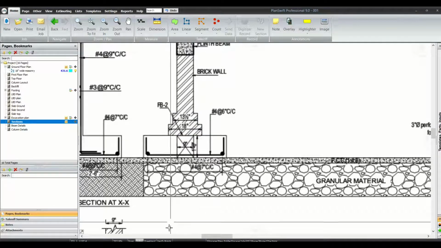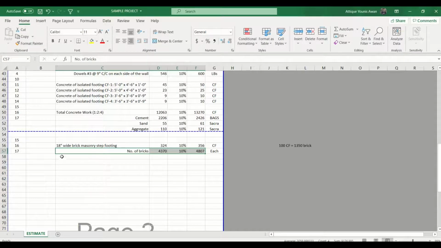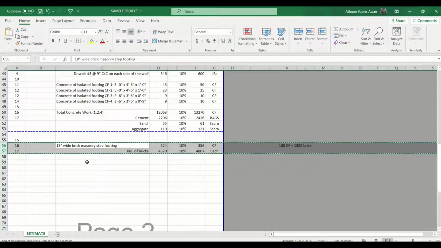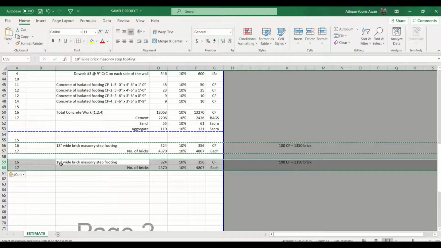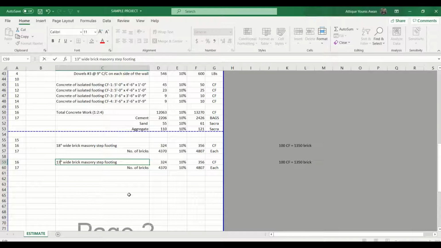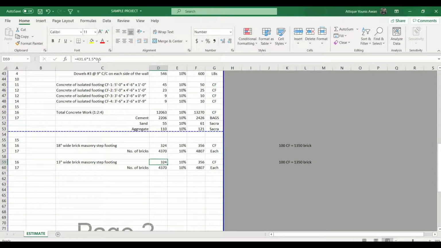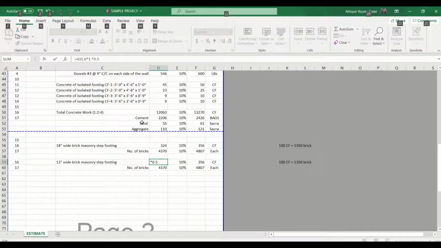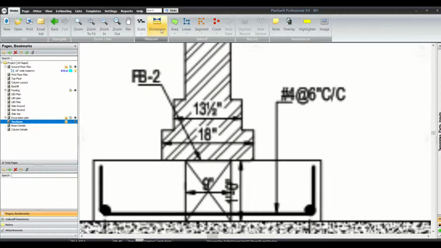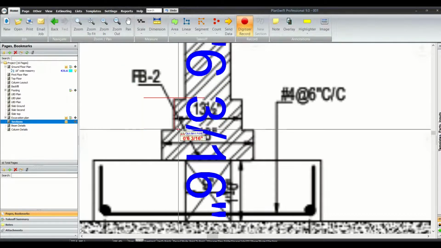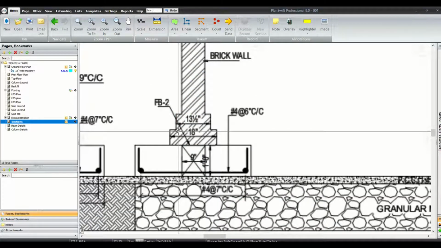Let's go to the next one, the 13 inches. I'm going to copy and paste it here. This time we have 13 inches wide brick masonry, so we only need to change the width. Let me check the height as well. Is it 6 inches? It seems like 6 inches, and yes, it's verified, it's 6 inches in height.